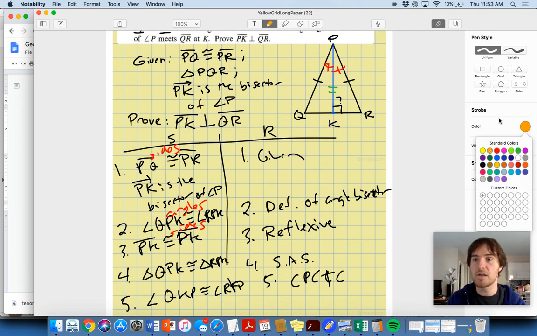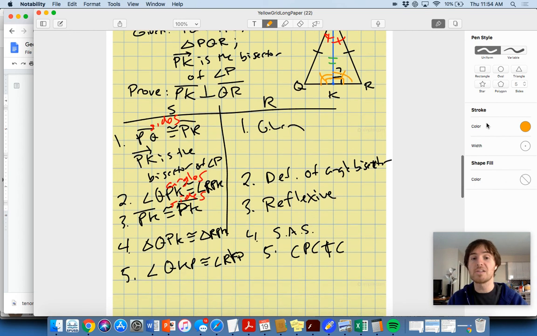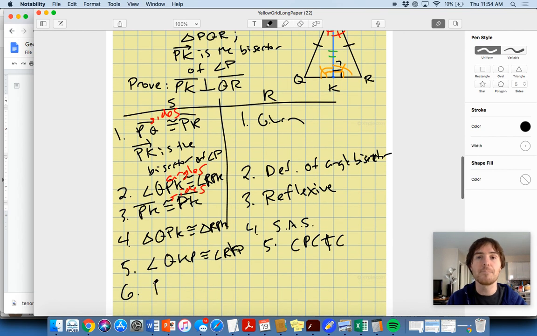And this is what I was trying to talk about earlier to show you: if we knew that line PK and QR intersected and formed adjacent angles that are congruent, because we've done that through CPCTC, then we would know that the two lines had to be perpendicular. There's only one way that two lines can intersect one another and create two adjacent angles that are congruent, and that's because they both have to measure 90 degrees. They both add up to 180 because they would be supplementary to one another. So anyways, we have that theorem that allows us to finish this. I can get it done in six steps. Your steps might be longer if you figure out this theorem, that PK is perpendicular to